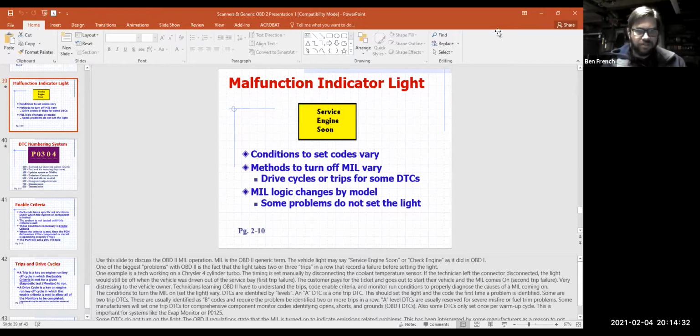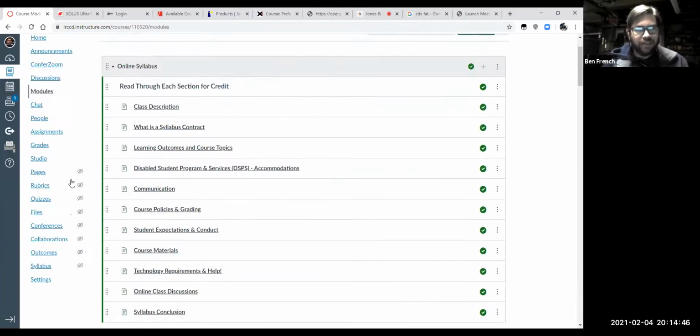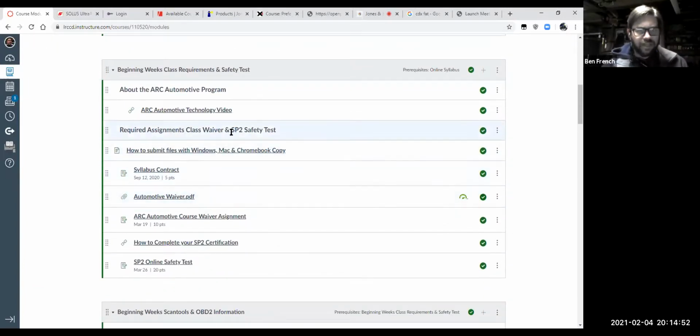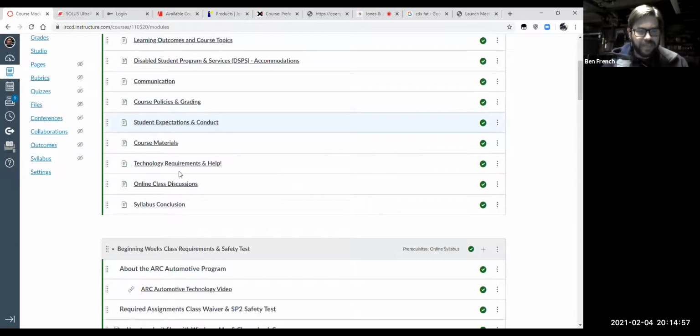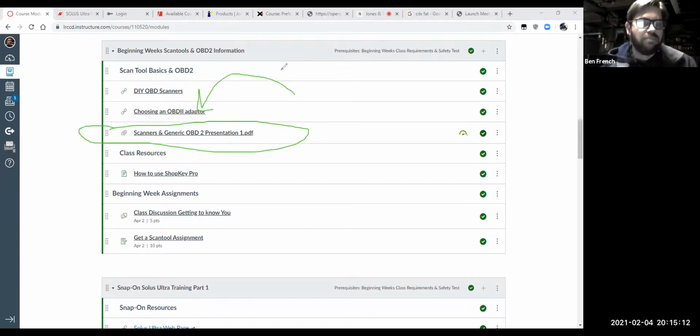I think what we'll do then is we'll change this share and wrap this thing back up to our actual Canvas class, and show you what you should be doing. Well, you don't have anything to do for a while, but if you want to get started on some stuff, the presentation, you could always get the safety test done. All the basics. We're going through this presentation right here, so you could look through that presentation, do some research, figure out,